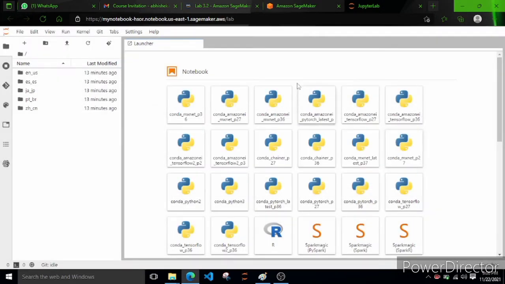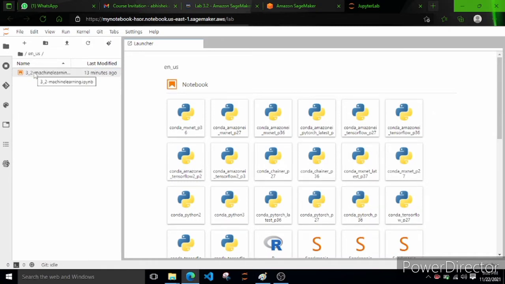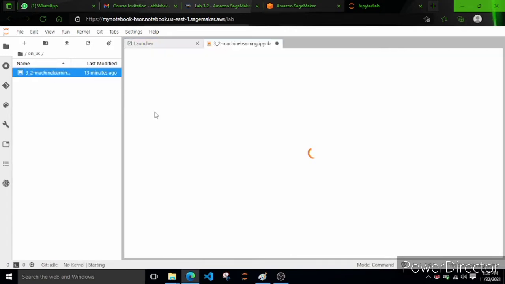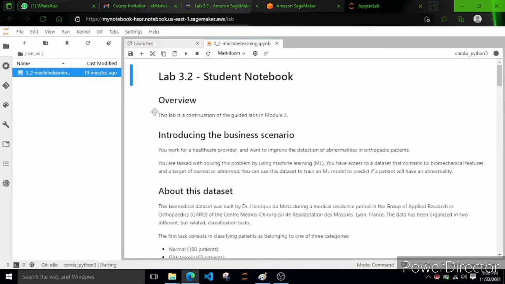Now if you see here, this is the English_US folder. Let's double click it, and this is the file as mentioned in the documentation. Let's open it in the working window and see. Okay, so this is the student notebook. There is some detailing here.